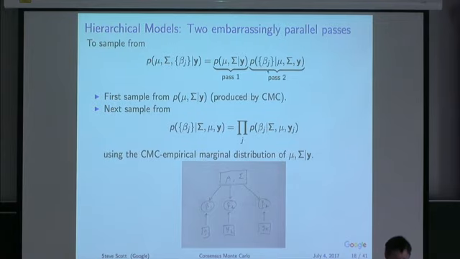What is pass 2? In pass 2, we take a draw of mu and sigma from the marginal distribution, represented by this big set of draws. When I say take a draw from the marginal distribution, we're just going to do a multinomial draw from the set of draws that we did in the first pass. Then conditional on those draws, we take a draw of beta j. That's something we can do pretty easily, and pass 2 can be done completely in parallel. There's no communication necessary in order to do pass 2.